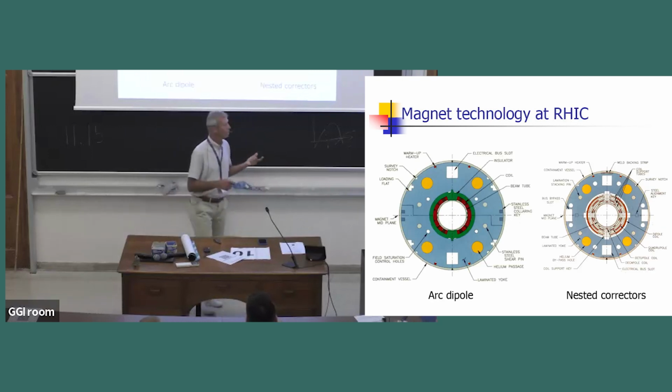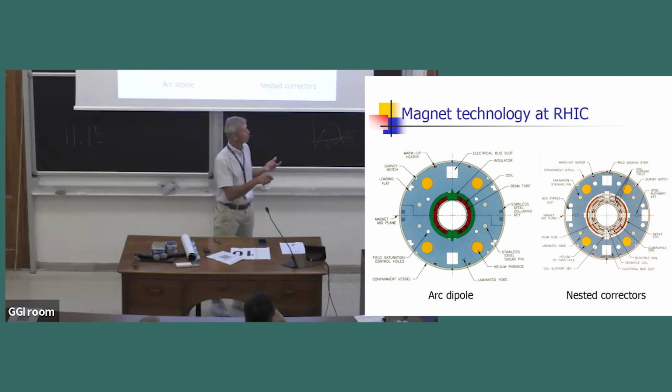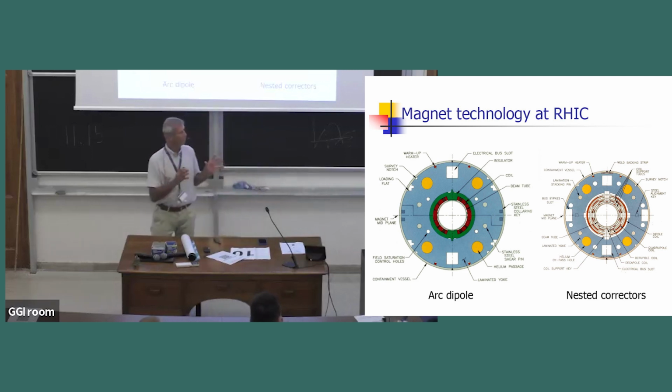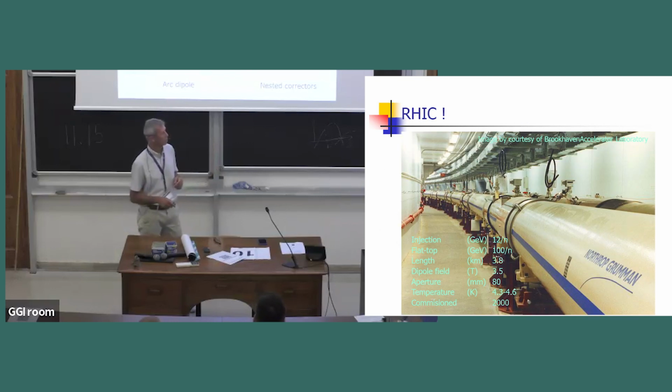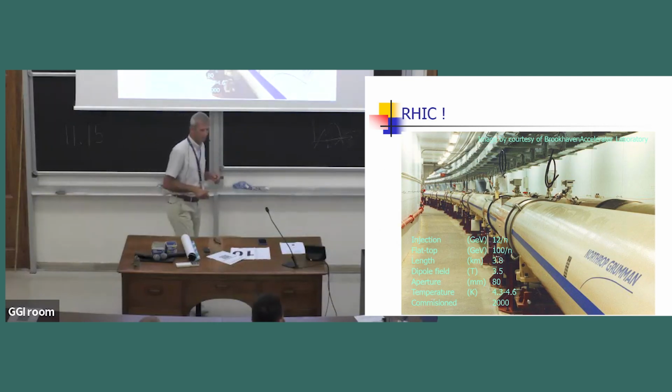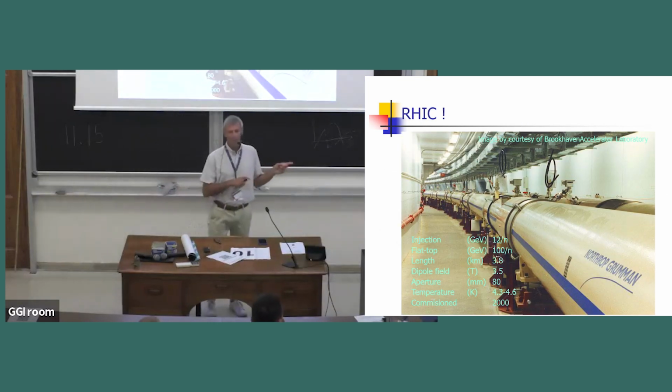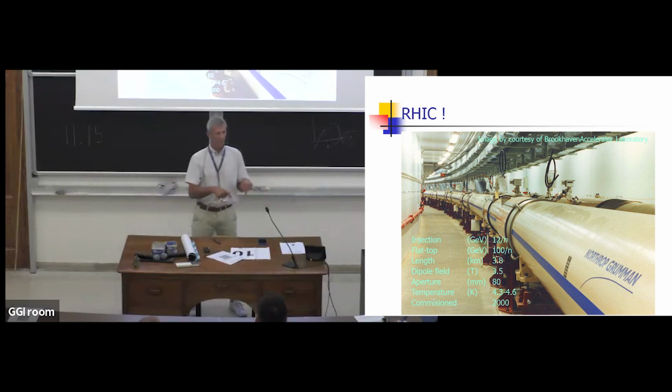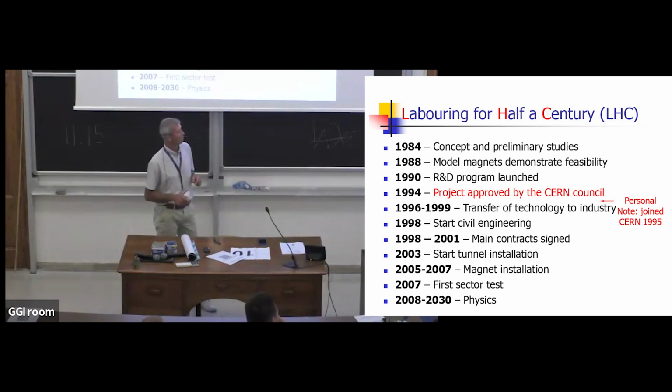In fact, the way to make it cheap was to make single layer coils, with a structural component made of plastic, and rely on the cold iron to retain the forces. There was a very interesting concept for dipoles, for quadrupoles, as well as the correctors. That was successful because having these magnets allowed RHIC to be built in the existing tunnel of Isabelle. So there was a very efficient reuse of the work that was done before.